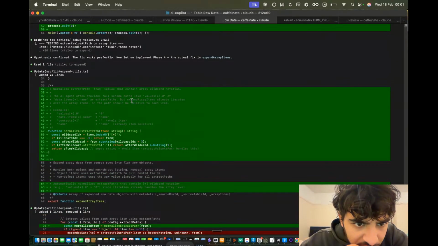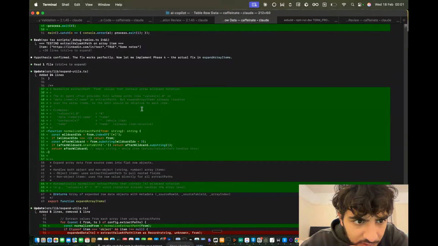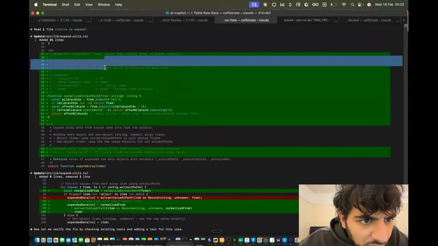Numerals extract path from star value that contain array wildcard. I don't know if this is a good fix. AI often provides full schema parts like